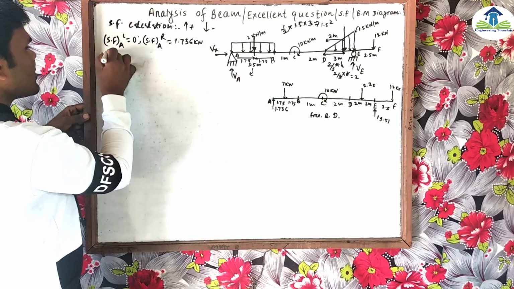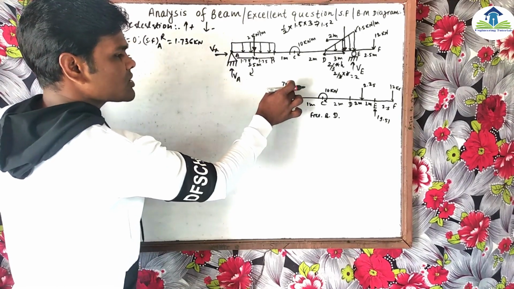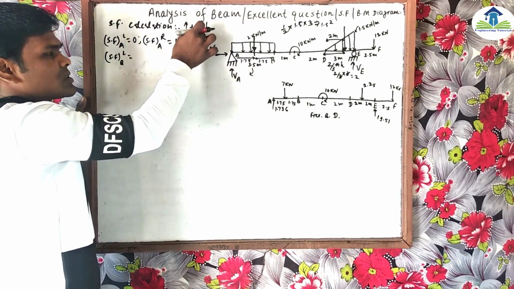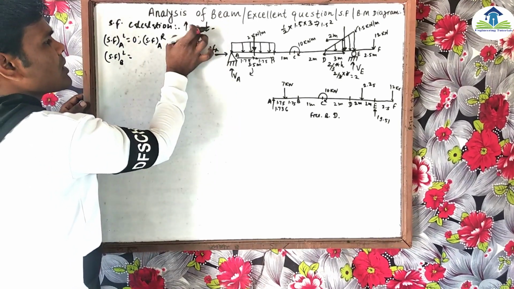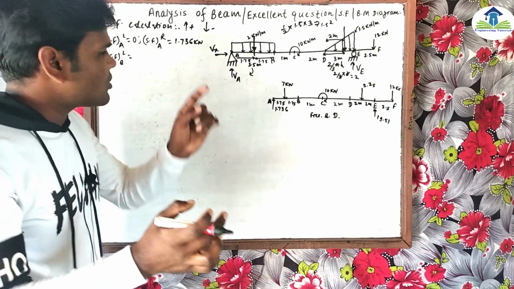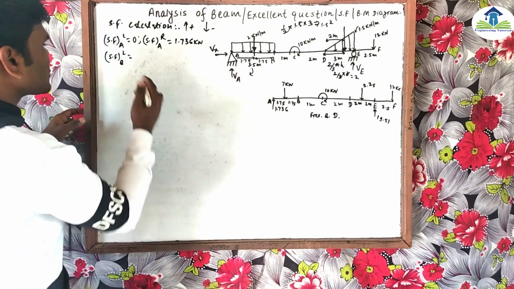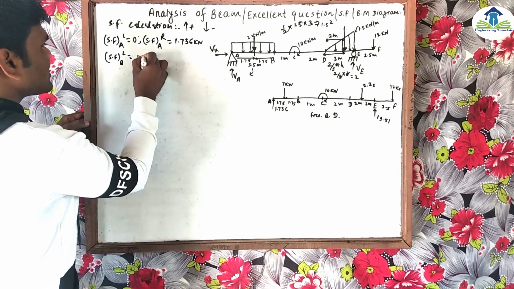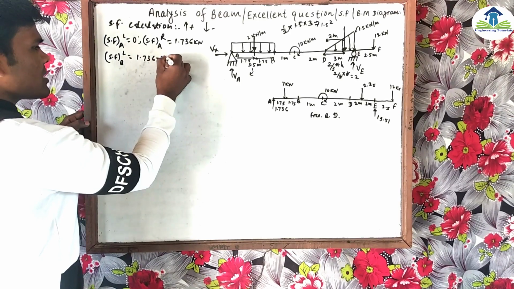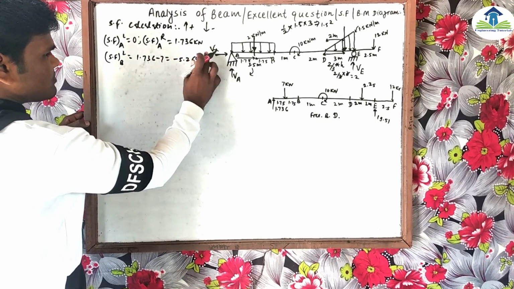Shear force at point B on the left side: which force is acting? The 7 kN force is also acting, and this force is going to add or subtract from the total force. We analyze whether its nature is upward or downward, then add or subtract. The vertical force acting at point A is 1.736 positive, and the downward force 7 is negative. So I subtract 7, giving minus 5.264 kilonewton.